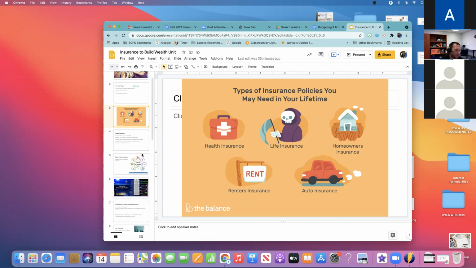And these plans have different premiums, which is the amount you pay every month. And they have different deductibles, which is the amount you pay before the insurance kicks in. And they have different co-pays, and different payment structures for emergency rooms, in-office hospitals, and then elective procedures.